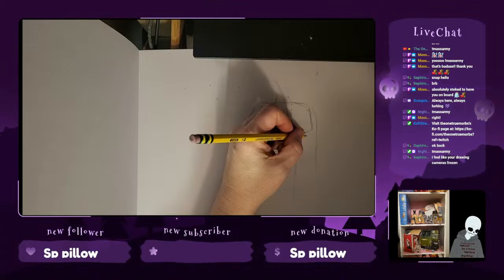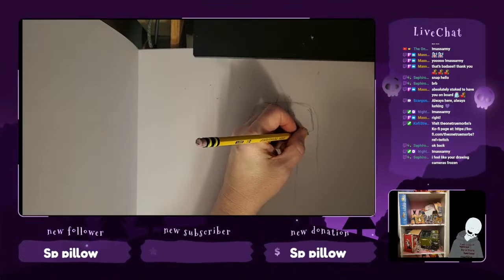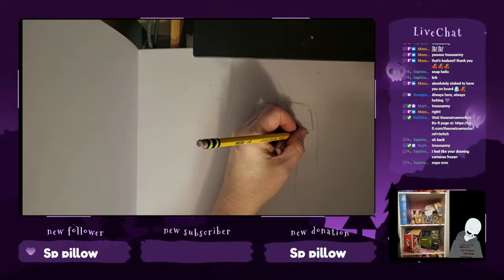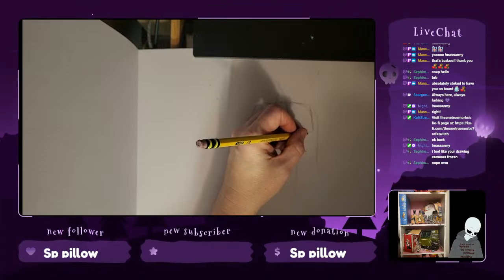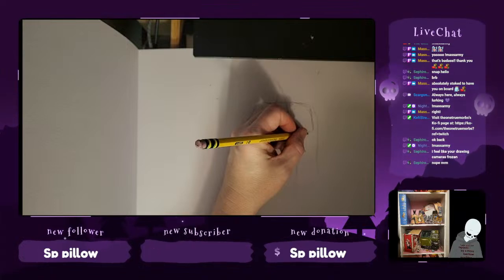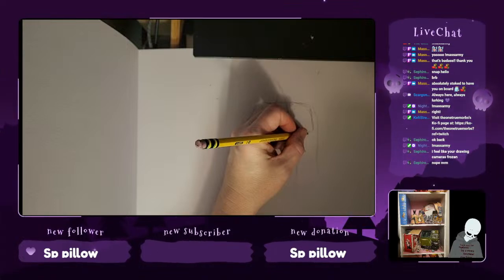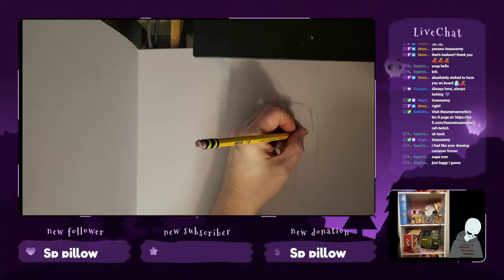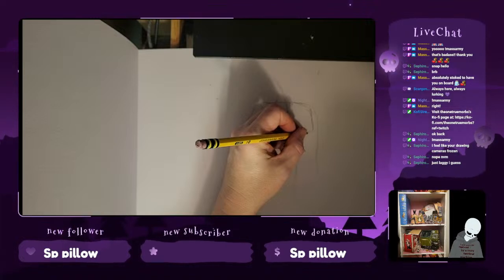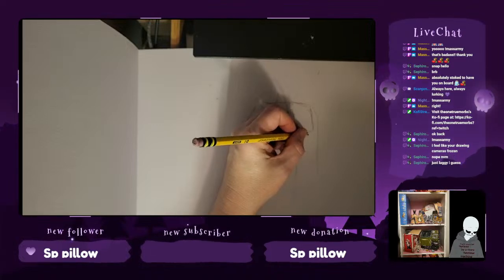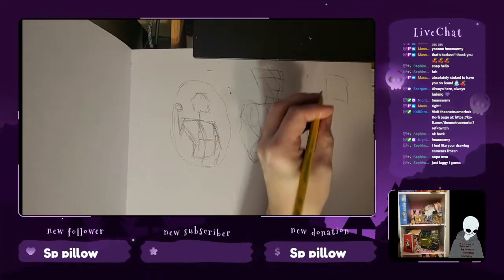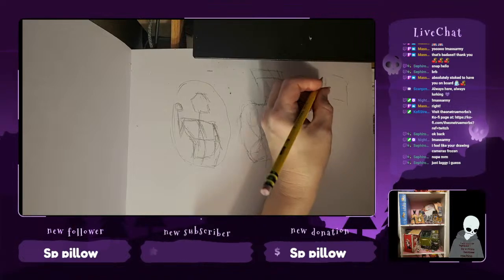So if that's the way his face is turned, and this is his back. So we've got a bit of a chin here, and his neck. He's got a really thick neck, but if I draw a thick neck, it's going to look silly and not at all like a person.